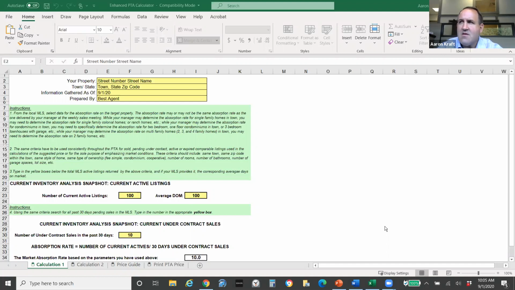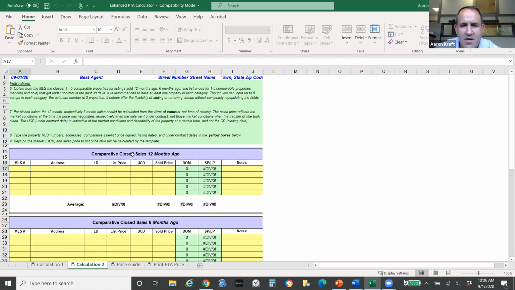So we want to be different in everything we do, and be better at everything we do. And so there's nothing necessarily wrong with the CMA, but the main difference is with the CMA, you're looking at stuff that is sold in the last 180 days, typically. Maybe 3 comps that have sold in the last 180 days. And then you're typically looking at 3 comps that are currently active. So that's your competitive market analysis. And again, there's nothing wrong with it. That's a good way to find out the value of a property. But with the PTA, we're looking at what has sold a year ago, 12 months ago, 6 months ago, and